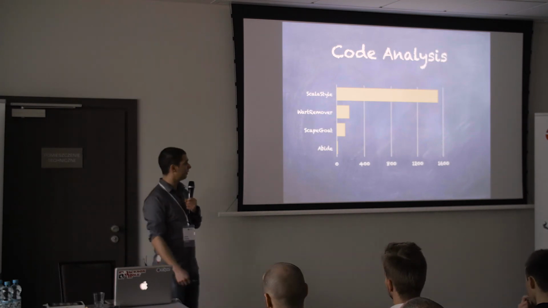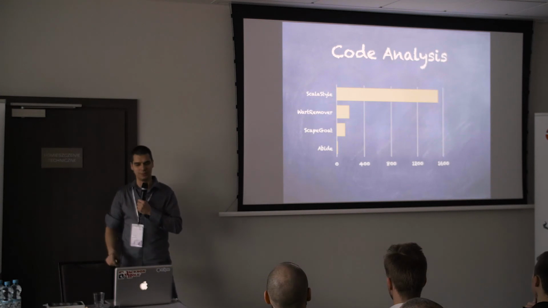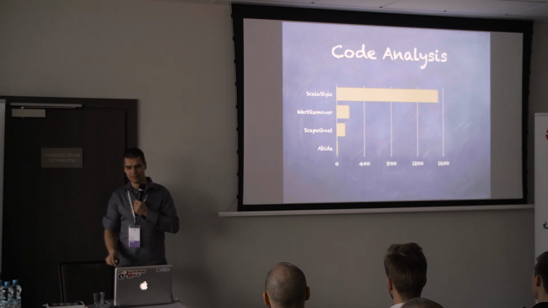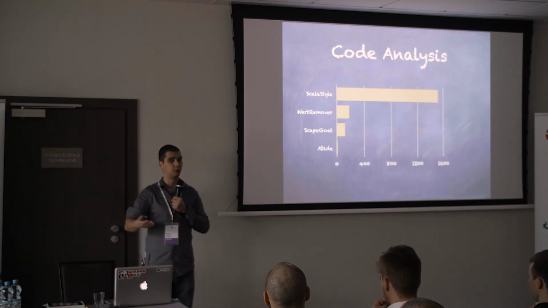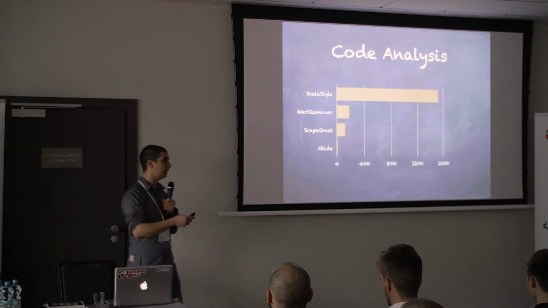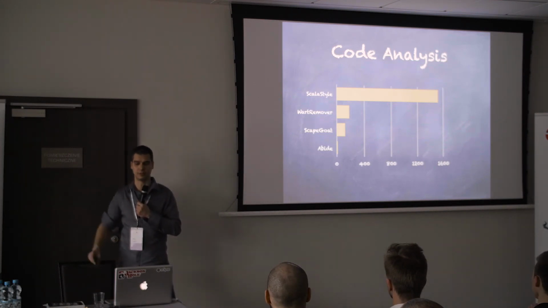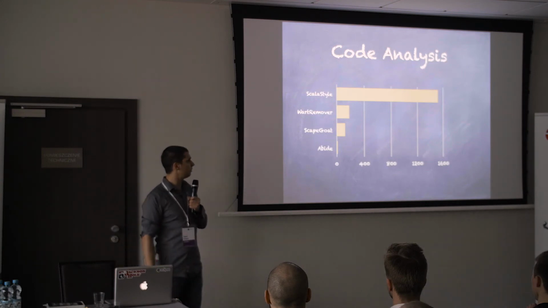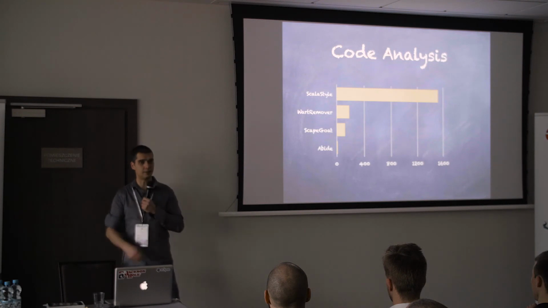Code analysis. And here we have 4 contenders. Also a clear winner, Scalastyle. WartRemover and Scapegoat are a bit more advanced, because what they're trying to do is look at your types and provide much stricter guidelines, while Scalastyle is really about how you format your code, if you have line length above something, and so on. And the last one is Abide, which I put there just for fun because I had some history. It wasn't even released, but I think it's the best